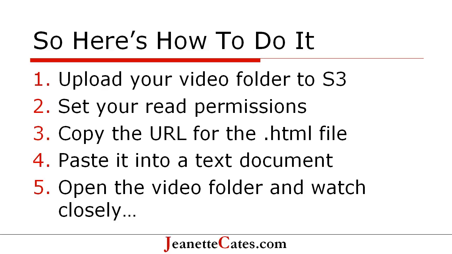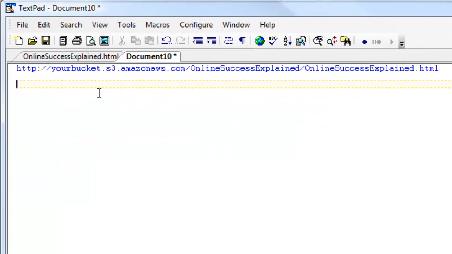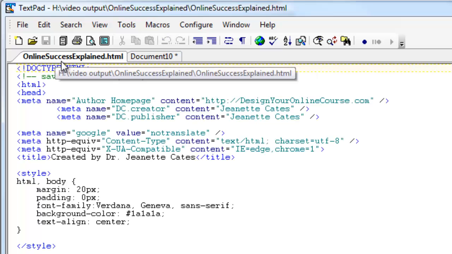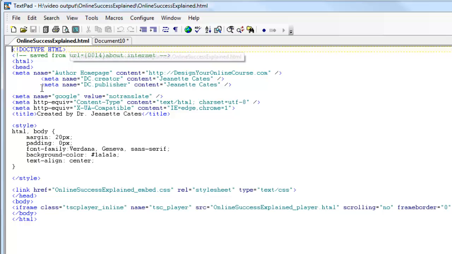So let me demonstrate for you what that actually looks like. I'm going to go over here and we're going to take a look. First of all, let me go over here and show you. I've just uploaded my production folder over to my Amazon S3, so you see it will have your bucket name and that whole long URL, including the HTML code there at the end. Now I'm going to go over and, on my local computer, open up that